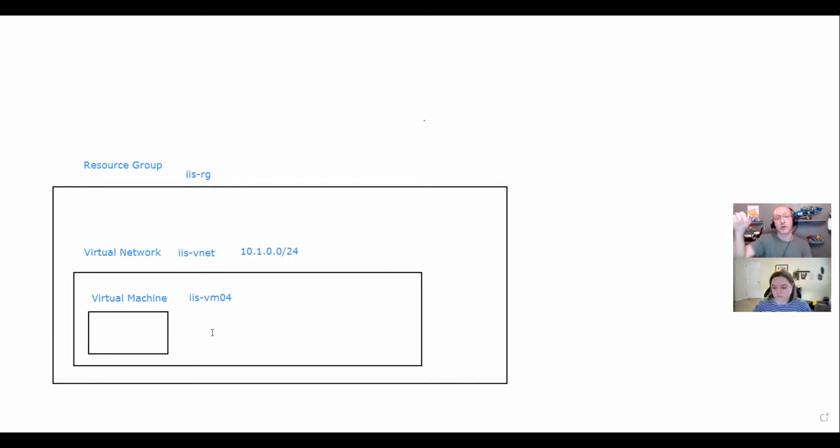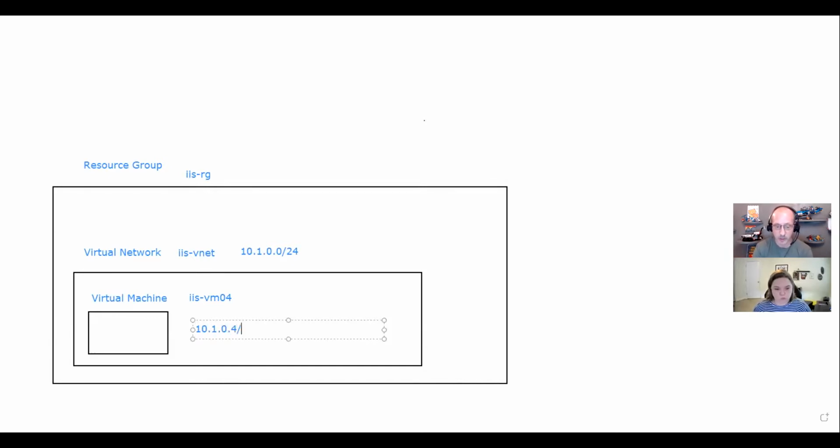It's going to be somewhere in the world, somewhere in a data center run by Azure, Microsoft employees, but we just get to use it for a short time. Sounds pretty cool, huh? We're going to put an address in this space so that we can get to this machine. It's going to be given a